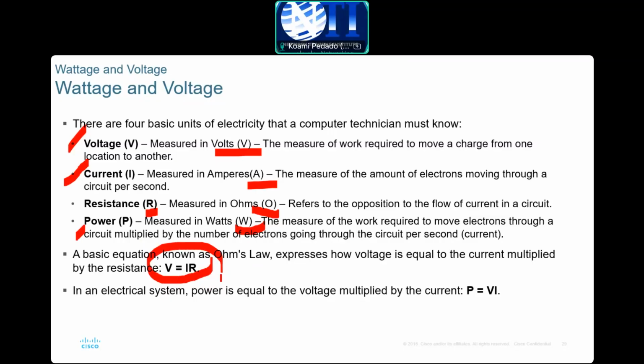Maybe they give you the V, they give you the R, and you can do that kind of calculation to find the current passing through. That's formula number 1. You might have formula number 2 over here that will help if we need some other stuff too. This formula is V equals IR. This formula is P equals VI, that helps you because maybe they will be looking for resistance